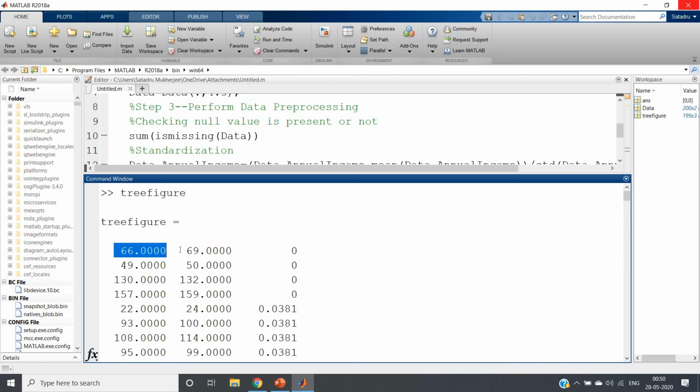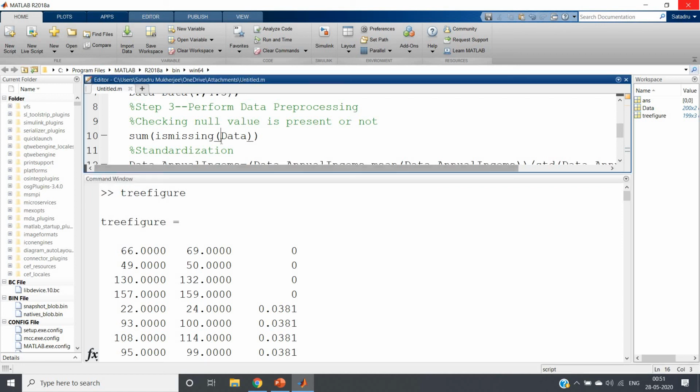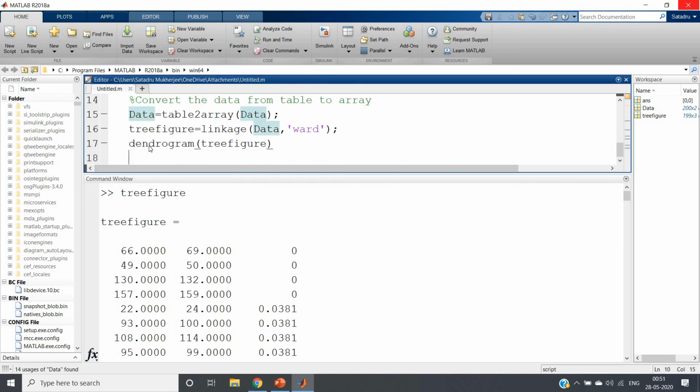Like here 66 and 69, these two objects we have linked. And then what is the distance between these two links? That they also give. Like here 49 and 50 are linked, and the given distance is 0. As this has 0 distance, you might not observe those in our dendrogram plot.